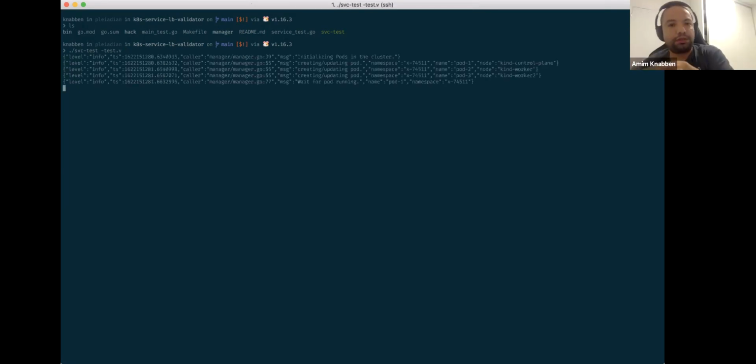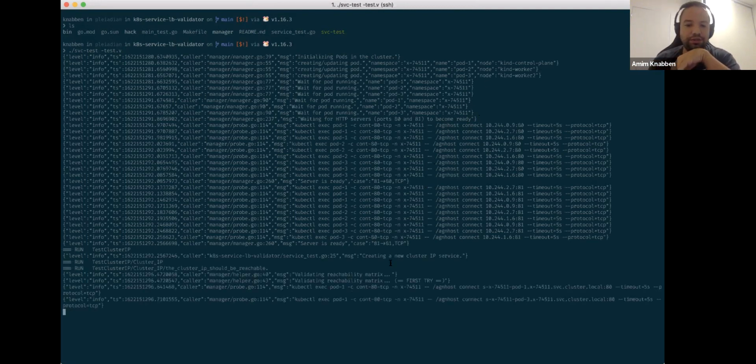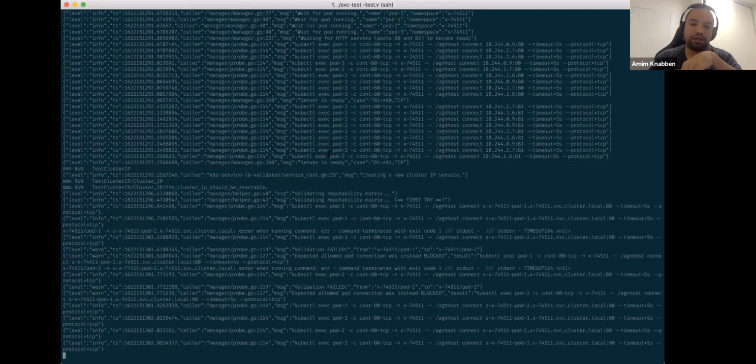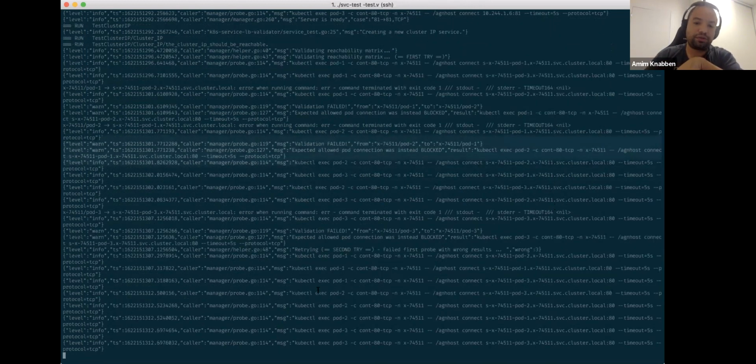Yeah, so basically it will take a while to probe these things, but you build your binary to point to the Kubernetes config on your host. It will probe to make sure everything's running, the pods are up. I have a kind cluster here. It will try to validate the probes between the pods. And if it fails, which is what's happening here on my machine, I don't know the reason, but it's a regular cluster IP request, but it fails, it will try a second try, and in the end you print the difference